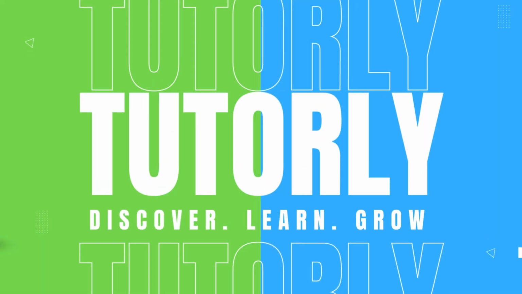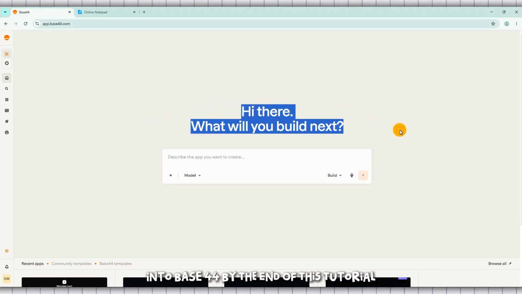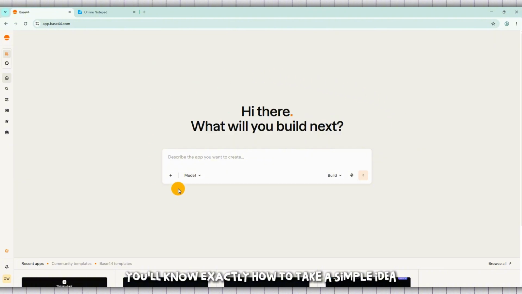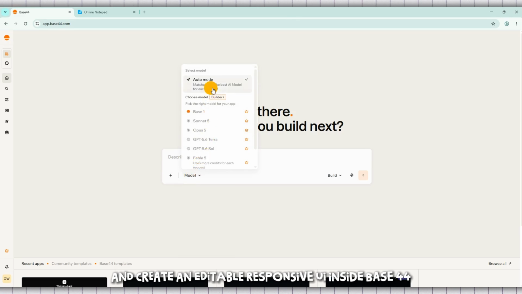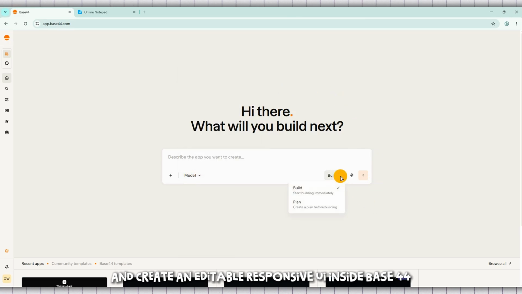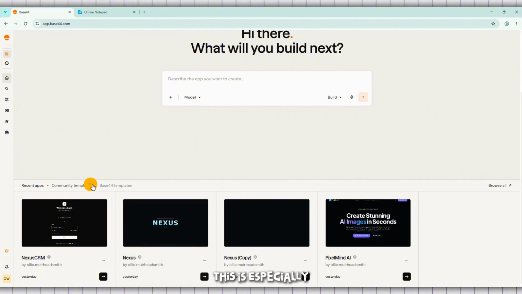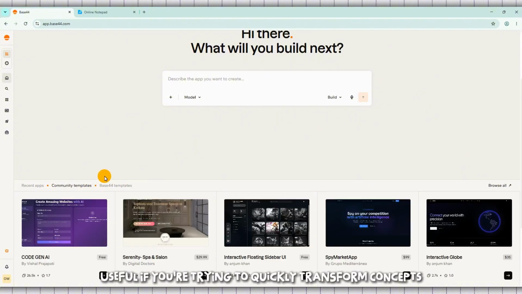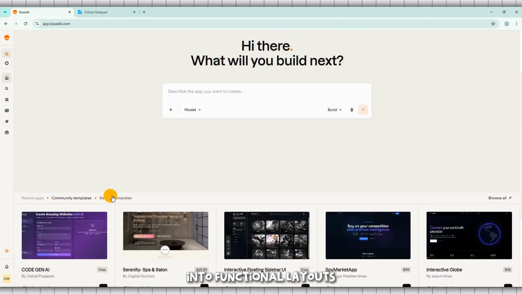So in today's video, I'm going to show you exactly how to get UI designs into Base44. By the end of this tutorial, you'll know exactly how to take a simple idea, turn it into a detailed prompt, and create an editable, responsive UI inside Base44 using their prompt-driven workflow. This is especially useful if you're trying to quickly transform concepts, wireframes, or design ideas into functional layouts without starting